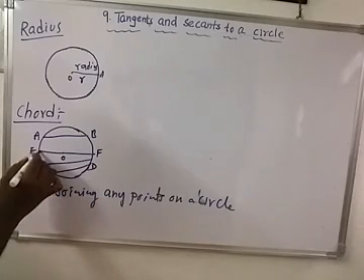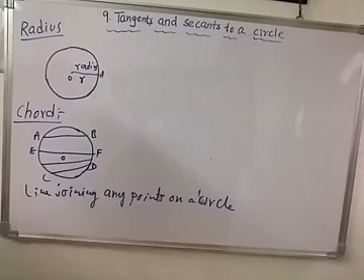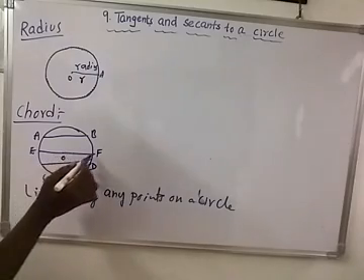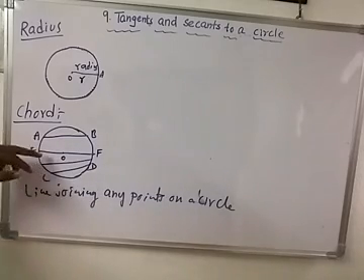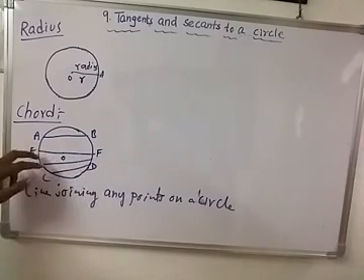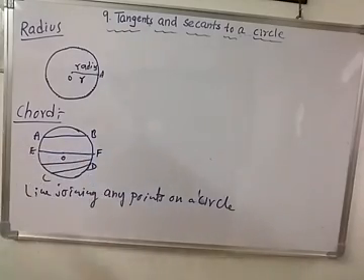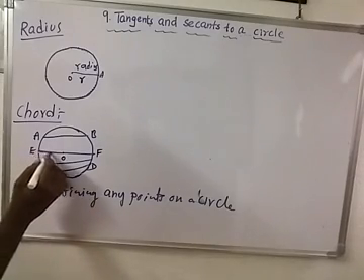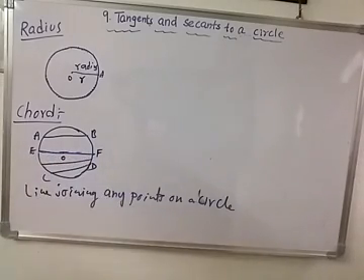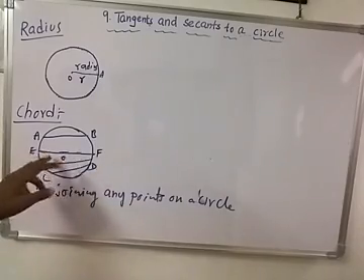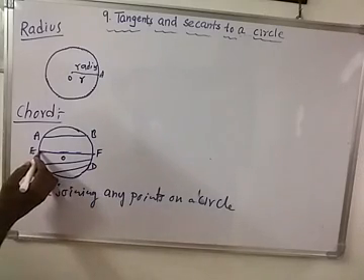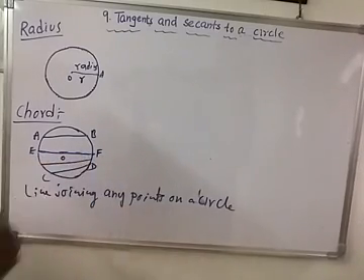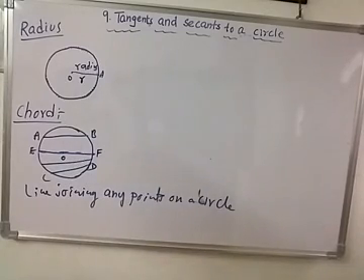Next, what is a diameter? In this figure, chord EF is passing through the center of the circle. So this chord is the longest chord among the remaining chords. The longest chord, we call the diameter of the circle.